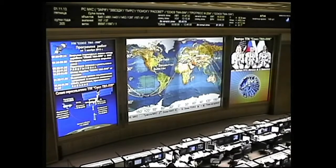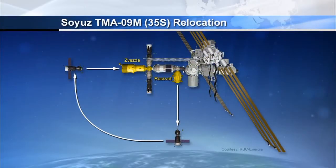Again, it will take about 5 minutes for Yurchikhin to back the Soyuz away from the Rassvet module to a distance of about 180 meters. At that point, he will rotate the Soyuz. That will position the solar arrays in the correct orientation for a period of station keeping so that Russian flight controllers here can evaluate all of the systems on the Soyuz spacecraft before he begins a 7-minute maneuver, a fly-around,